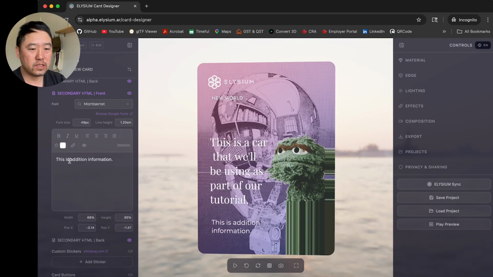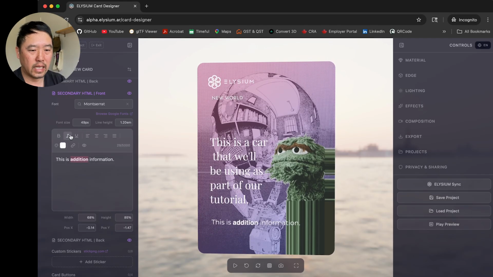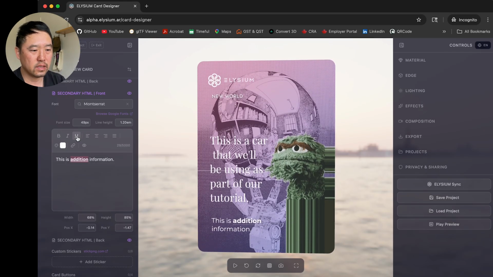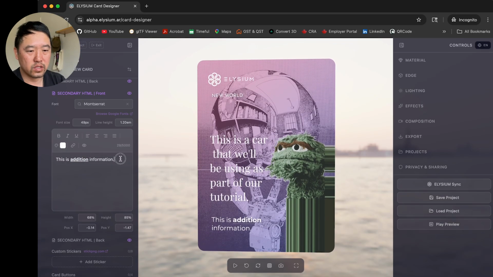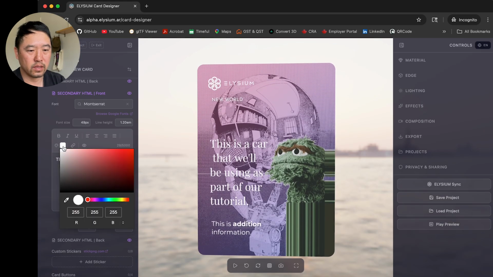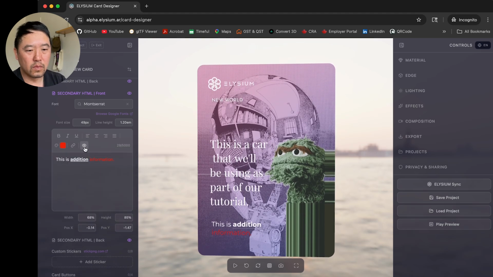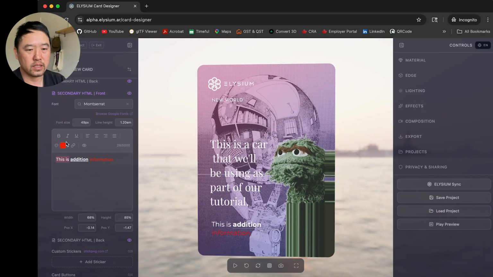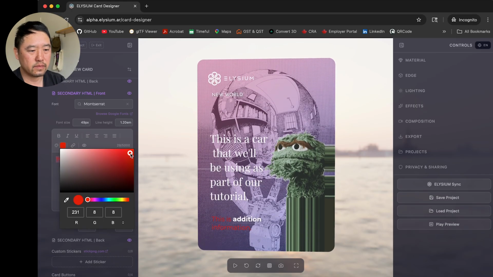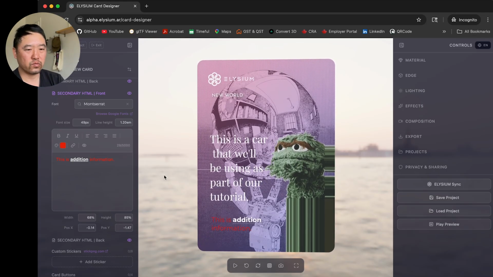And within this, you can also change the color of the text and make it bold. So we can select this, make that actual text bold and italic, right? Underline that. We can make the rest of the text a different color, for example, make this red, right? So these are all options, and this is just an HTML editor that you can choose and change as you like, right? There we go. So that's a way to customize the text within the card.